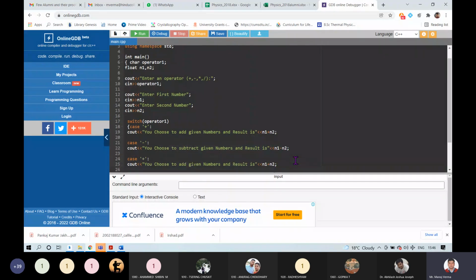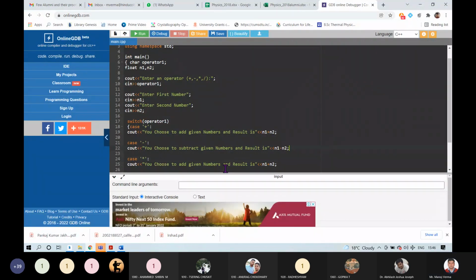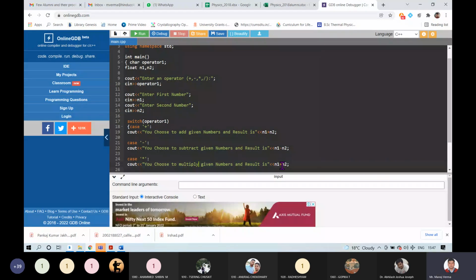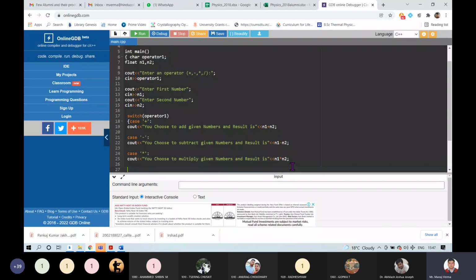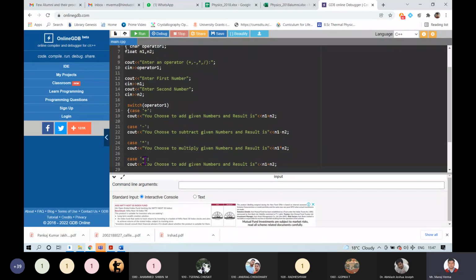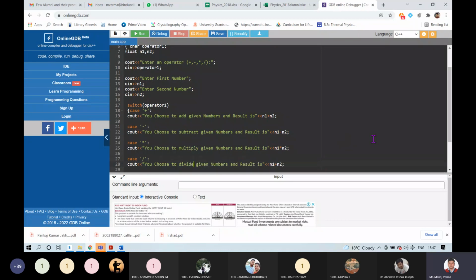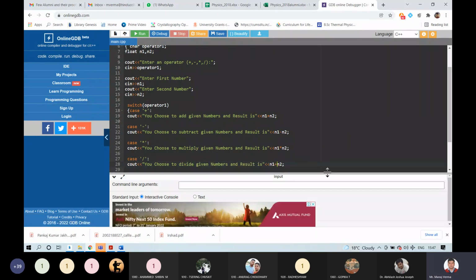Similarly, you can also define case 3, you choose to multiply given numbers and result is n1 cross n2. Similarly, next case, you can make any number of cases. You choose to divide given numbers and result is n1 by n2.